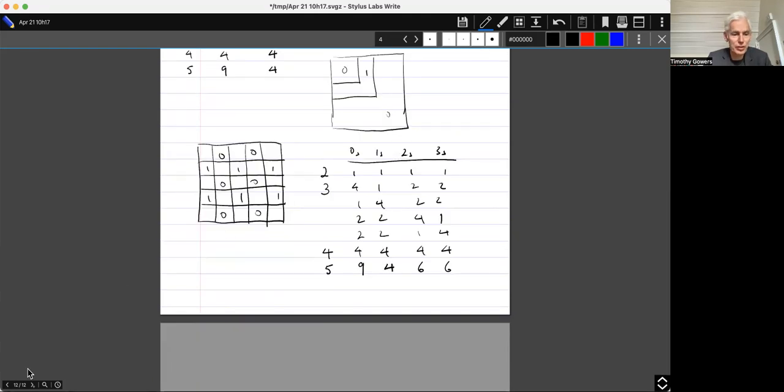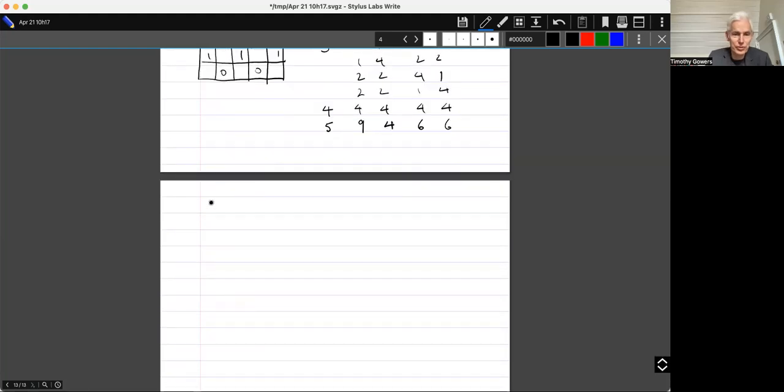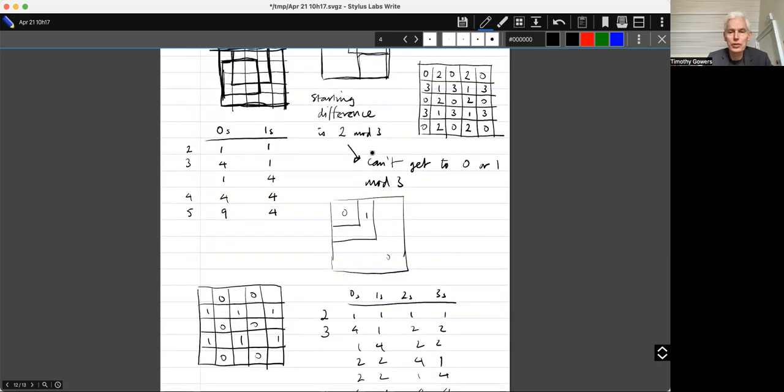Perhaps I've just not been assiduous enough in trying to do, for example, the corner squares. So let's have a go at a corner square. I should be able to get some clue about how to go about it just from thinking about these. So I'm going to have to use the 5 somehow, because everything else makes no difference mod 3. I'm concerned with the number of noughts minus the number of ones.